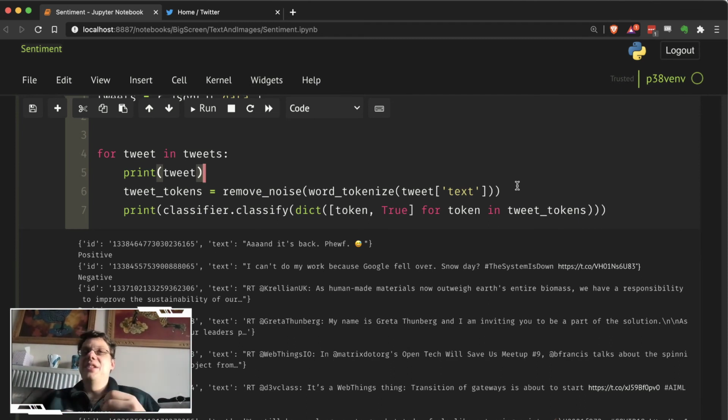It's very hard to detect sarcasm. I suspect if I put my wife's in here, it would just say she's negative because she's generally sarcastic. Actually, that's not true, because sometimes she says to me, yeah, that sounds like a good idea, when she really means it isn't. So just think that through when you build this.